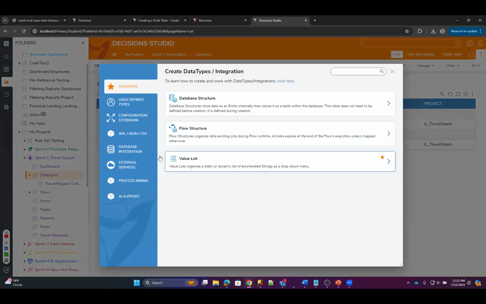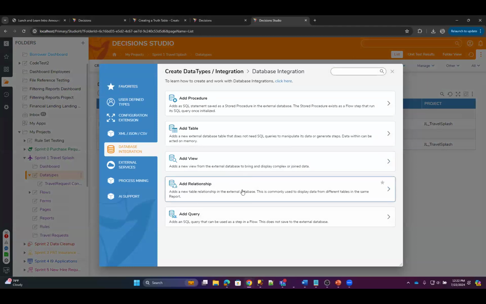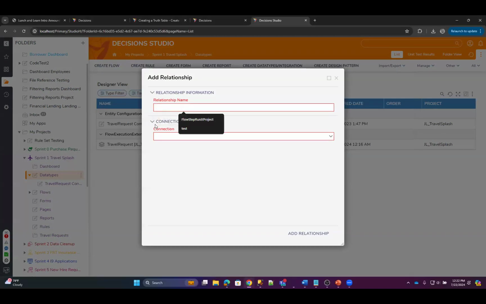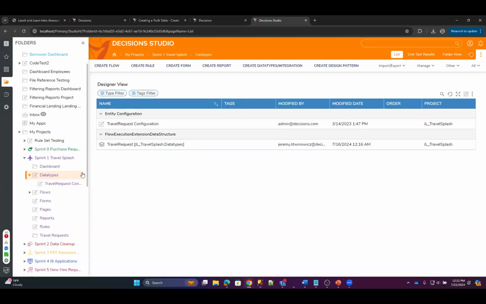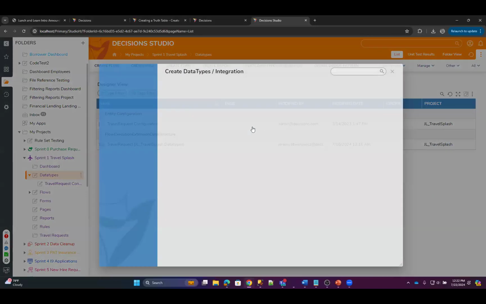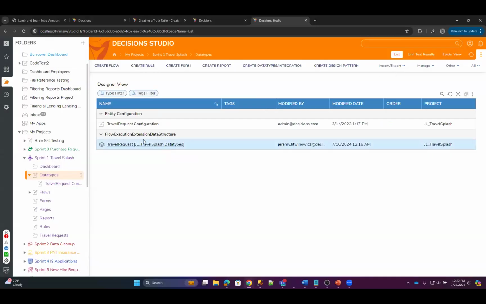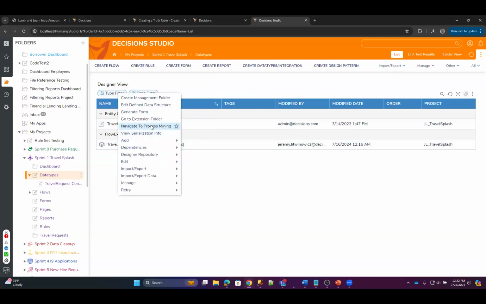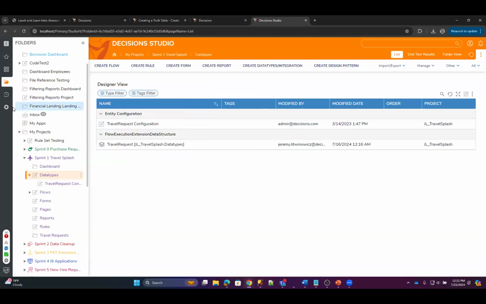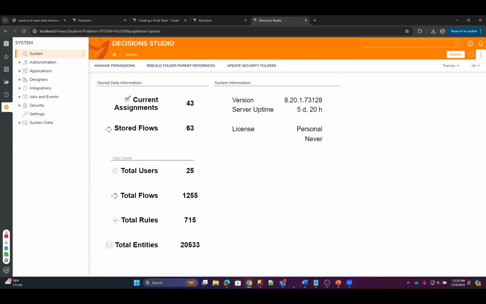Like I mentioned, one of the ways is through this ability to add relationships, which is one way to approach this on the decision side, with an external database connection and stuff like that. If you're utilizing that in some way, you can add that from here. The other way that you might be able to play with this is if you go to